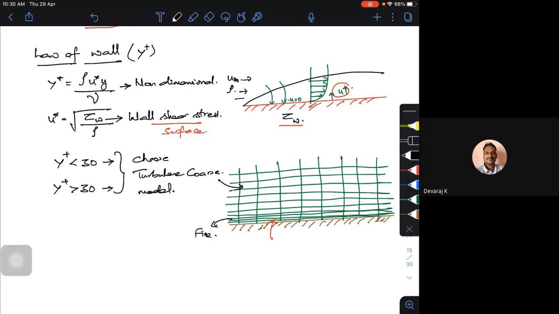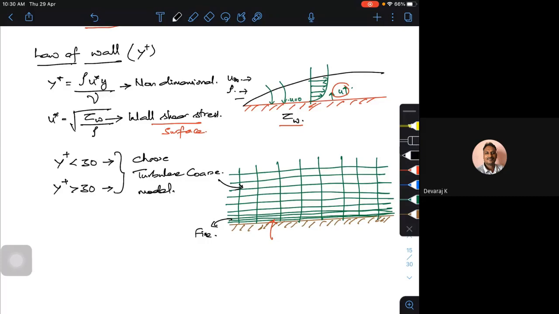Even y plus equal to 5. Preferably this y plus should be as low as possible to predict your turbulent values properly. But sometimes this y plus value will be more than 30. We have conditions where y plus is 20, 30, 40, 50, and even then we should be able to do it. So we depend on the k omega SST model or the realizable or renormalization RNG model. There are certain models which take care of turbulent flow calculations even though I may have a y plus value more than 30. Preferably this y plus value should be 1 or 0.5, as low as possible.